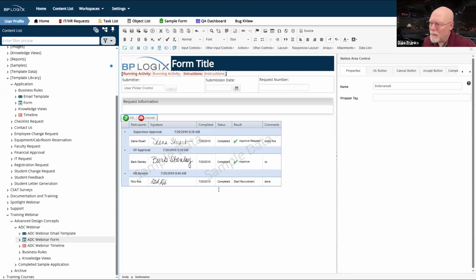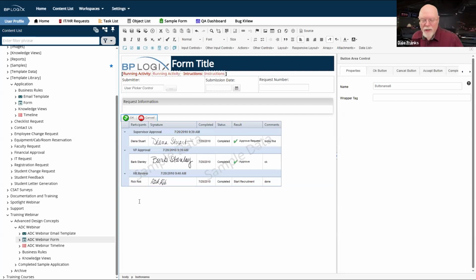The button area control. All your forms should have a button area. If you don't have a button area control on the form, Process Director is going to stick one on automatically. But you have no control over where it goes, and it will go on the very, very bottom of the form.